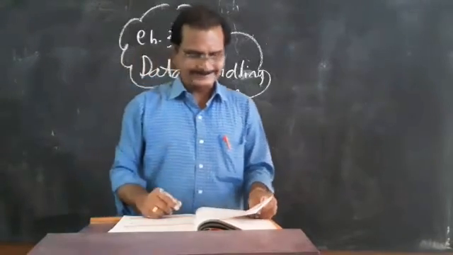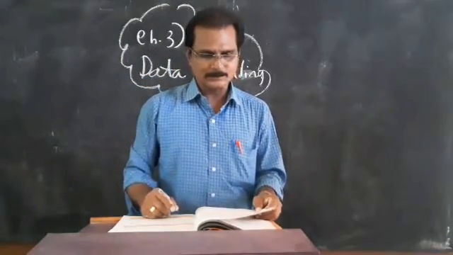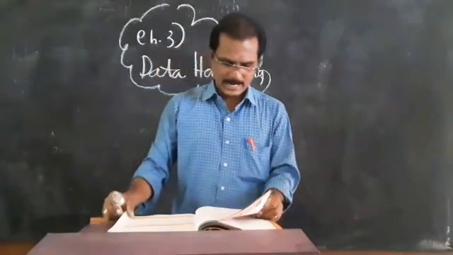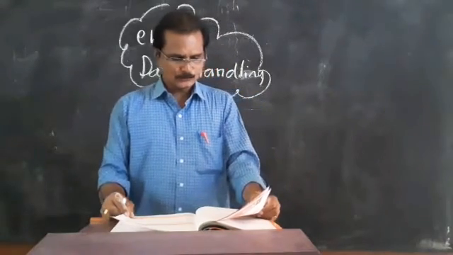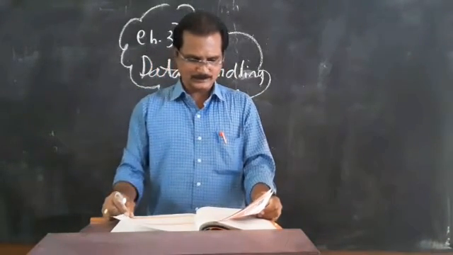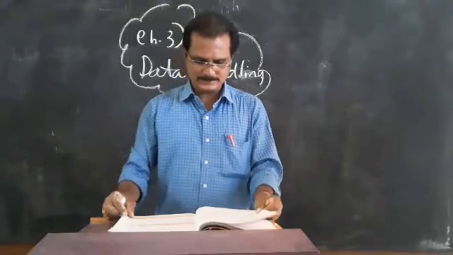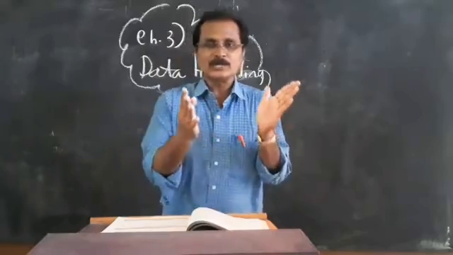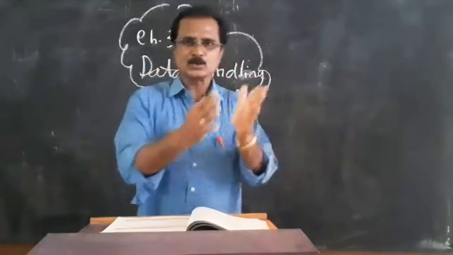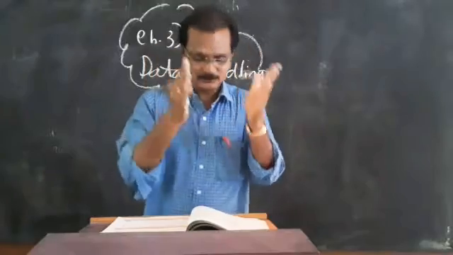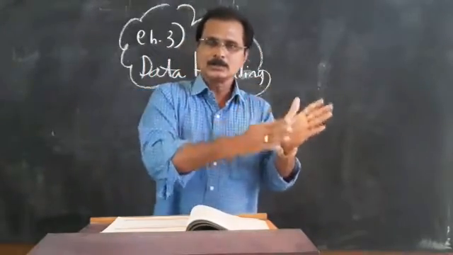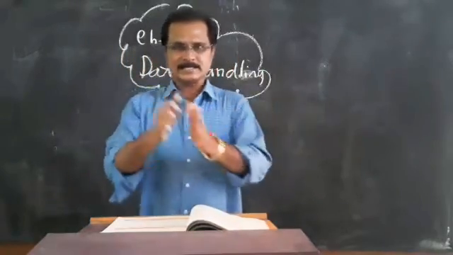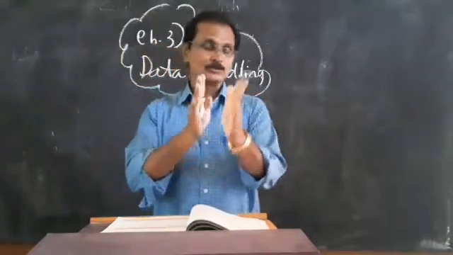Today we'll discuss example number 1, page number 60. Ashish studies for 4 hours, 5 hours and 3 hours respectively on 3 consecutive days. How many hours does he study on daily average? Consecutive days means Monday, Tuesday, Wednesday, or Tuesday, Wednesday, Thursday, or Wednesday, Thursday, Friday. In between there should be no gap.